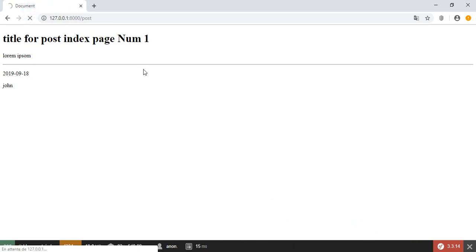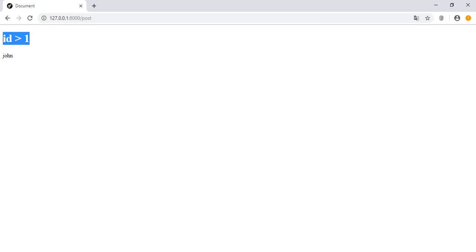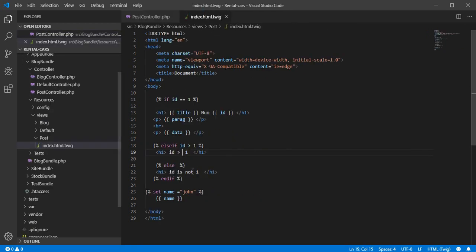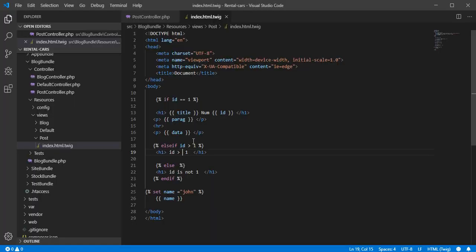refresh, and see here that we have the id is bigger than 1. If we put 0, it will show us the else in here. So let's go back and refresh. Here, id is not 1 or it's null. So now let's see the loops